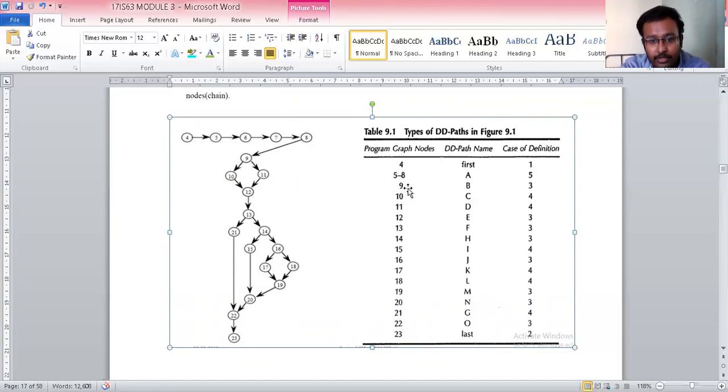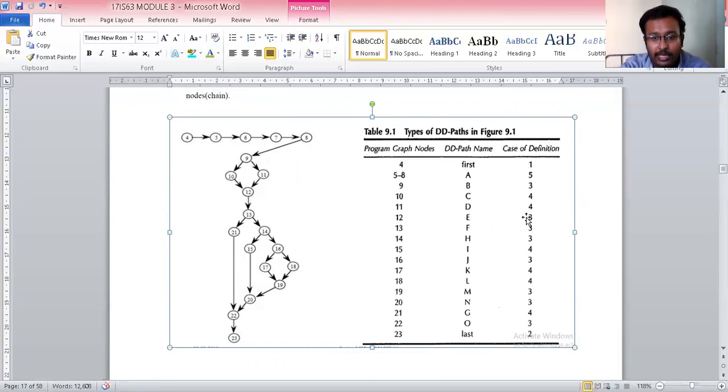For example, node 9 belongs to case definition 3. That means node 9 belongs to type 3 because it has an out degree greater than or equal to 2. Similarly, node 12 also belongs to type 3 because it has an in degree greater than or equal to 2.